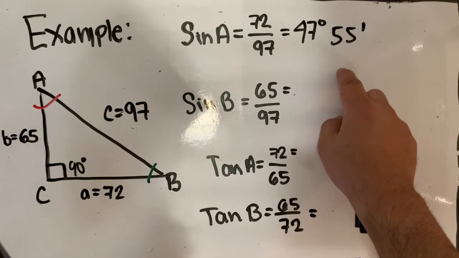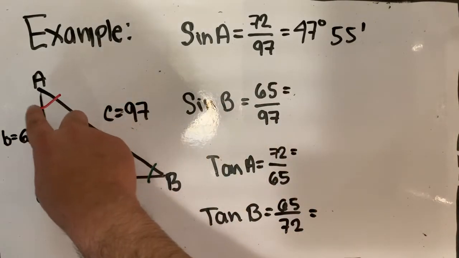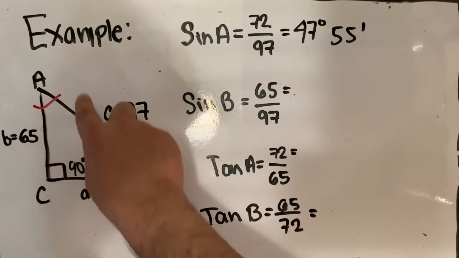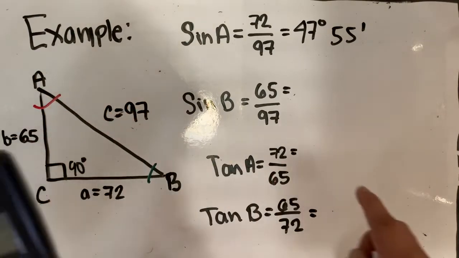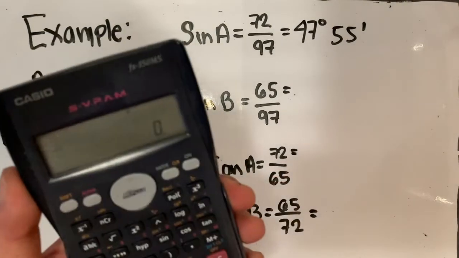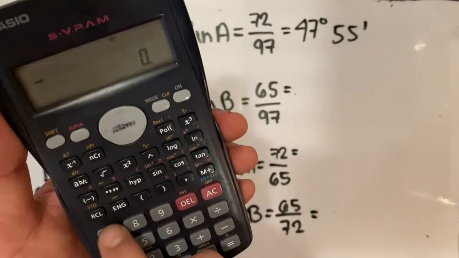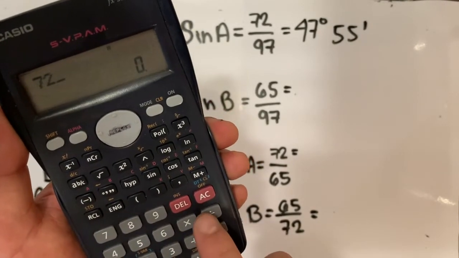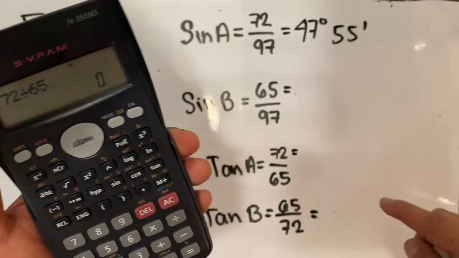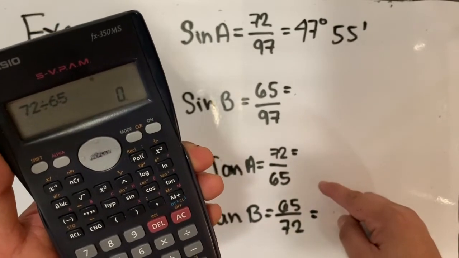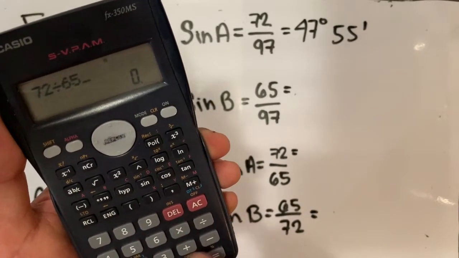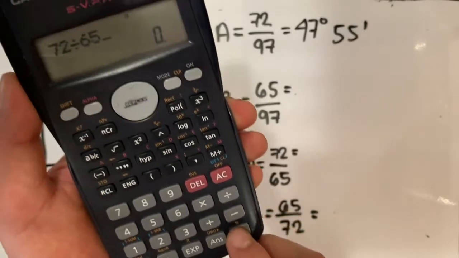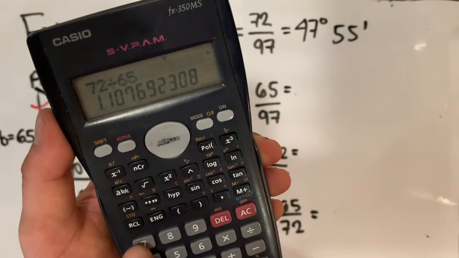Why does it have to be the same? Because we are talking about the measure of the same angle. Okay? In this case, angle A. So I'm going to press in the calculator 72 over 65 because we are doing the tangent, okay? 65. I'm going to press equals, and the result is